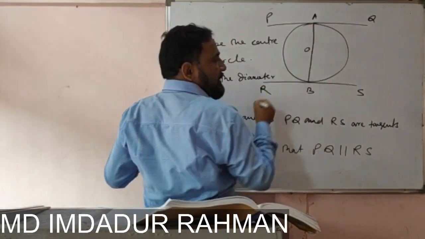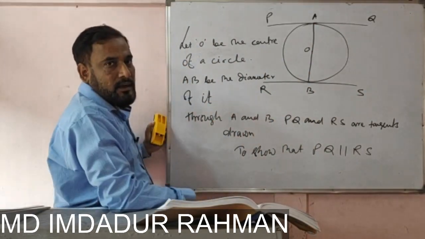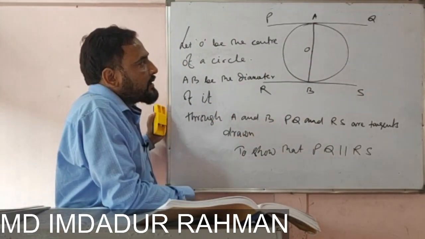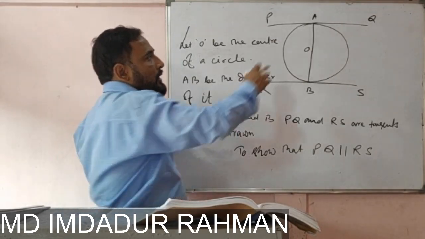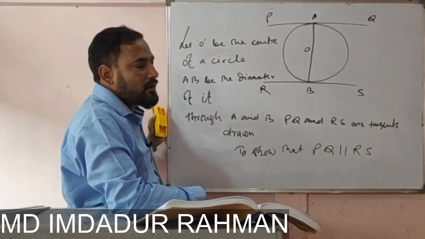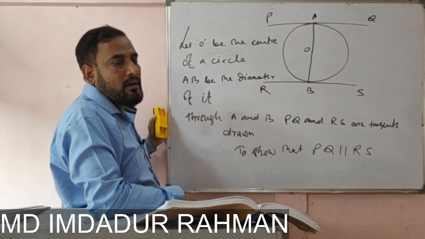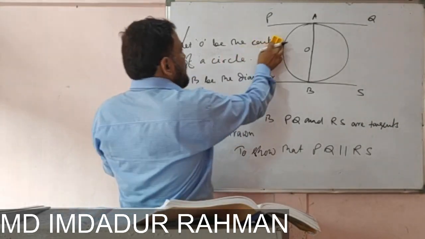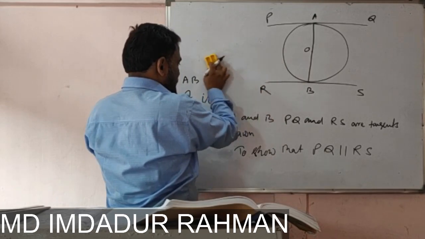OA is the radius and OB is the radius, and we know that the line segment drawn from the point of contact to the center of a tangent is perpendicular to the tangent. We got the earlier theorem. So we can say that